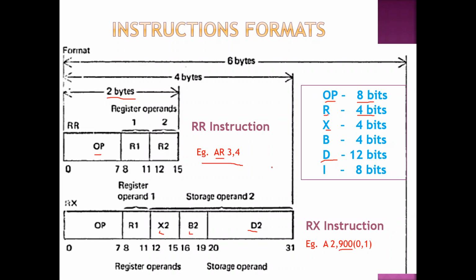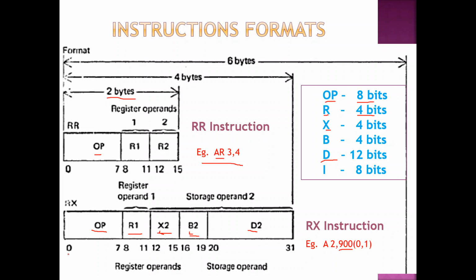Right. The RX instruction again is going to be a 4 byte instruction, which means 32 bits. Let us see the format first. You have the opcode, 8 bits, register 1, 4 bits, index register, again 4 bits. Whatever the register, a register is always going to be 4 bits. Base register, 4 bits. Displacement is always going to be represented using, check and tell me, 12 bits, right? So it is always 12 bits.